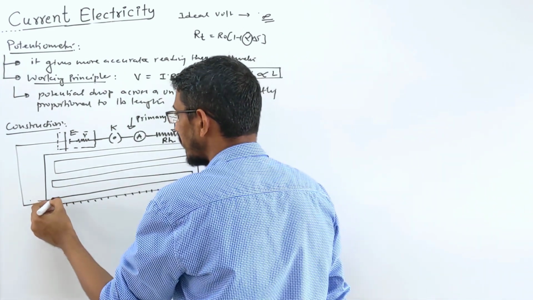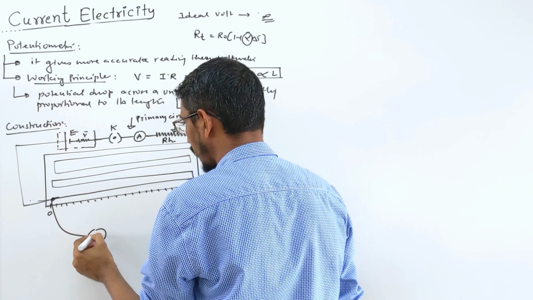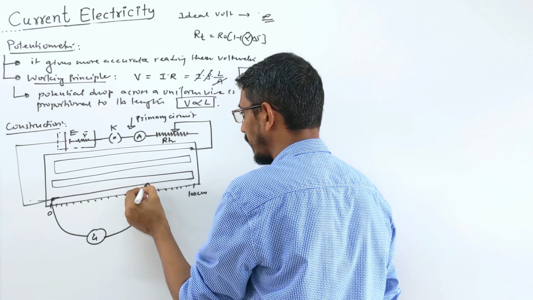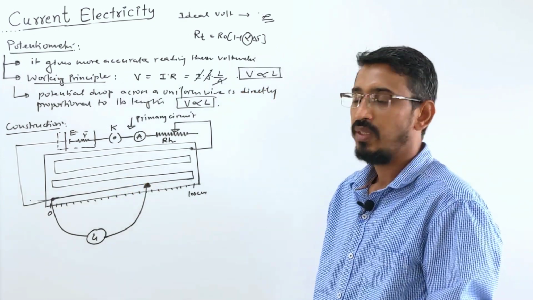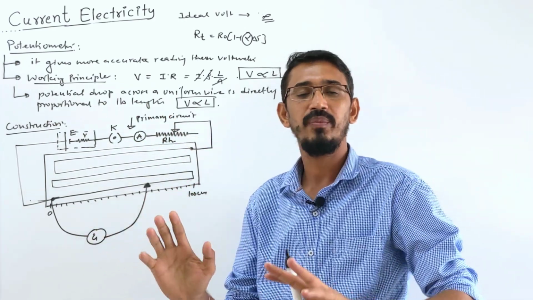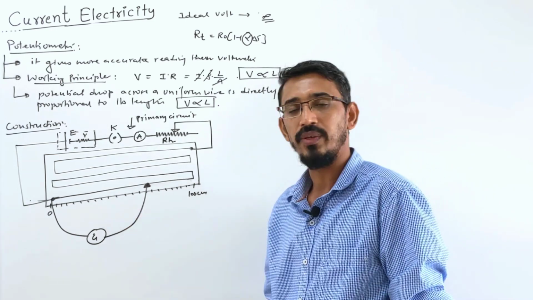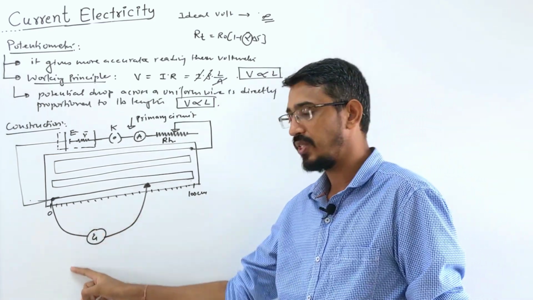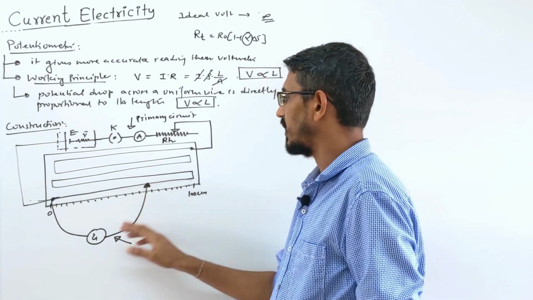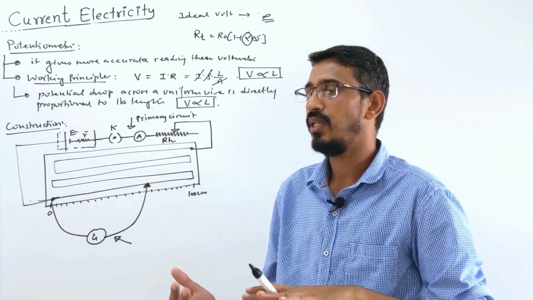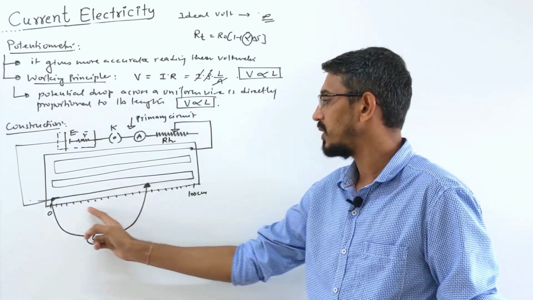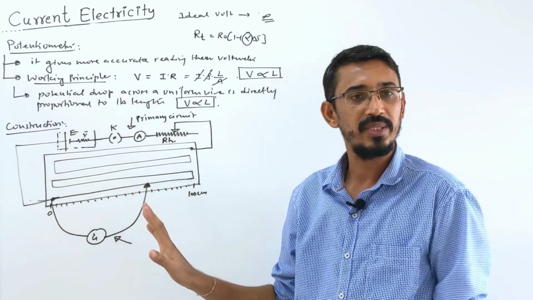In the second circuit, you take a connection from here, you take a galvanometer, then whatever you want to do, you connect with the jockey and again try to find the balancing length, okay. So this circuit will change, the top circuit always remains the same, but the bottom will change depending upon what you want to calculate. You have 4-5 applications, and depending on that the secondary circuit will change. Galvanometer and jockey are always there, but something else you have to connect. If we want to find the internal resistance of a cell, there's a different circuit; if you want to compare EMF of two cells, there's a different circuit. The primary circuit always remains the same.